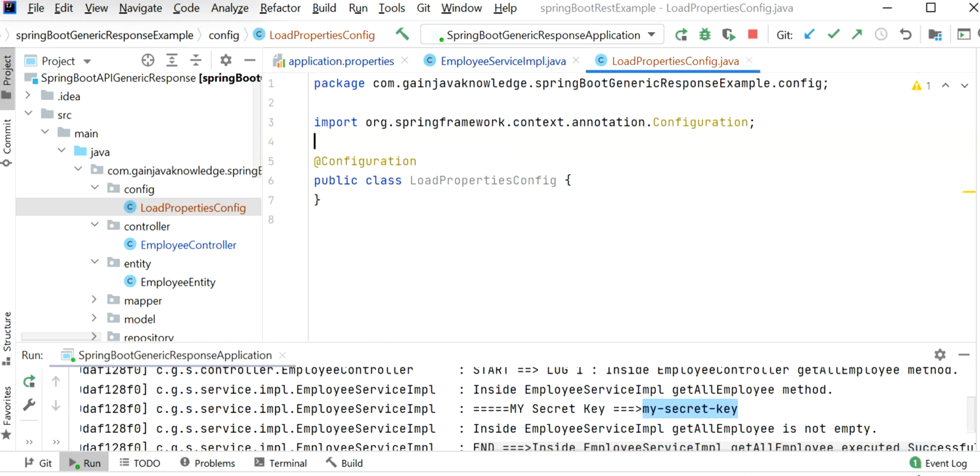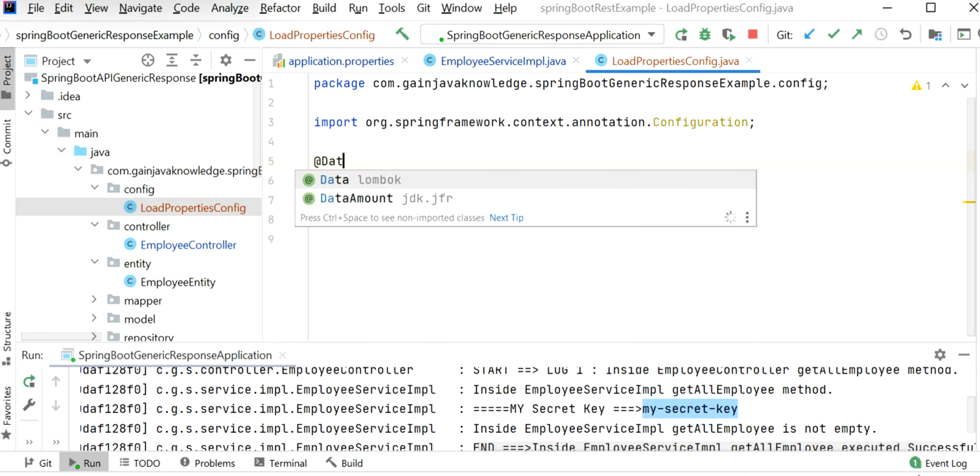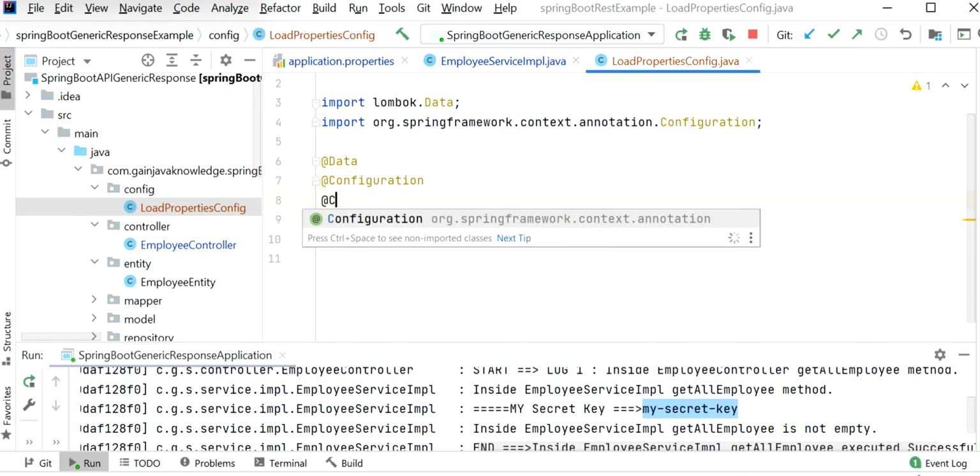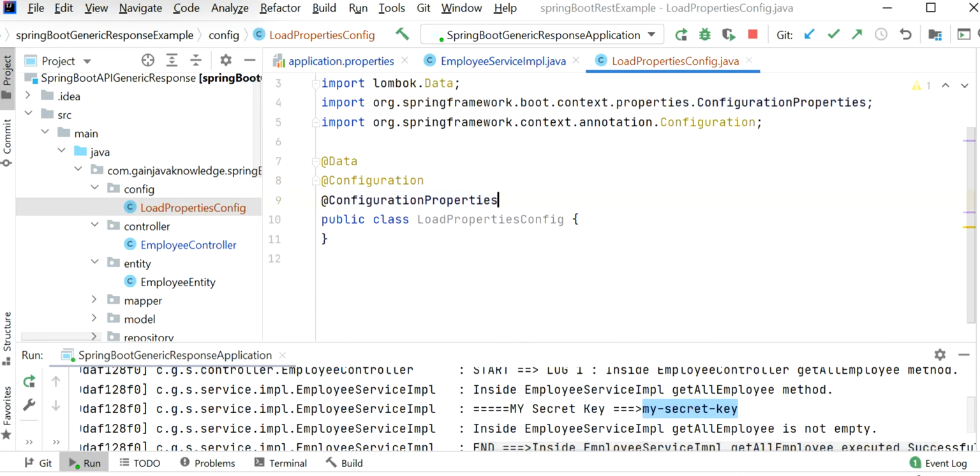and here I will use the @Data annotation of Lombok, so we don't need to write any setter or getter, and here I will use the @ConfigurationProperties annotation, where we can use a prefix.